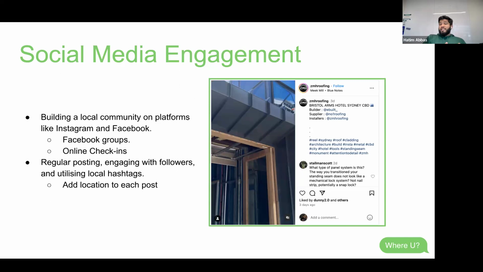So the online check-ins thing was something that a cafe near me did once. I think it doesn't apply to every business, obviously. But if you check in online, especially for restaurants and any business in the food industry, you could get maybe a free cookie or a free juice, or maybe even a $10 off voucher for the next time.